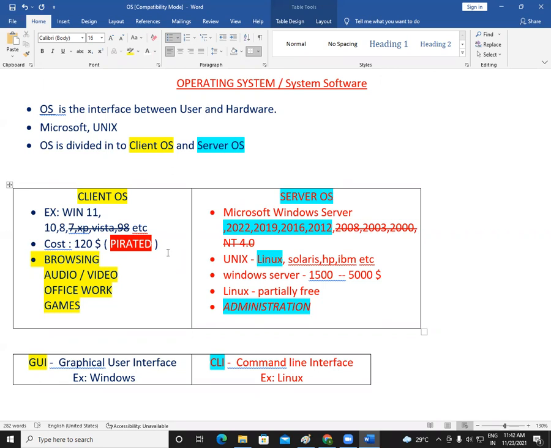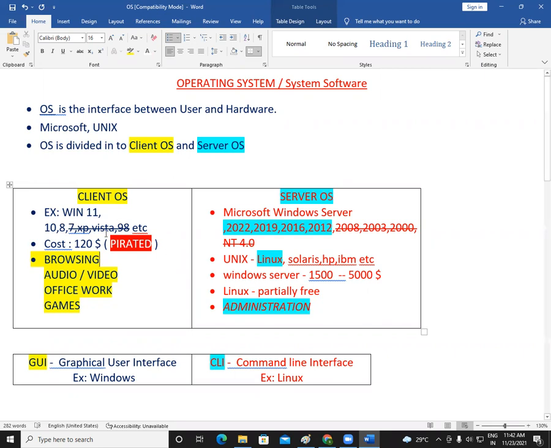They can check whether you're using the original operating system or not. If they find out you're using a pirated OS, they can seize your company. It's a crime. Using pirated operating systems or pirated software is a crime. We simply cannot use that operating system or any other application in our company.